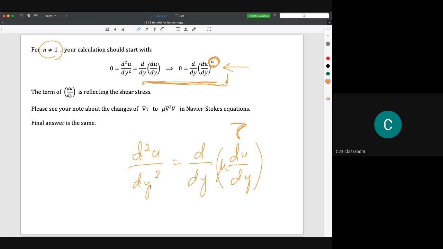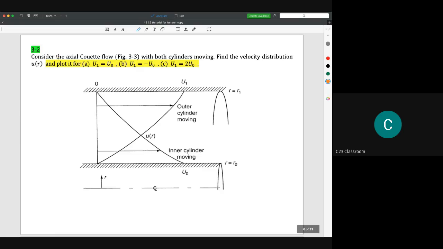Okay, so I hope you could understand this. And I hope you could do this at your home and prove that for n is not equal to 1, it's still showing the same velocity distribution. Okay, so this is for